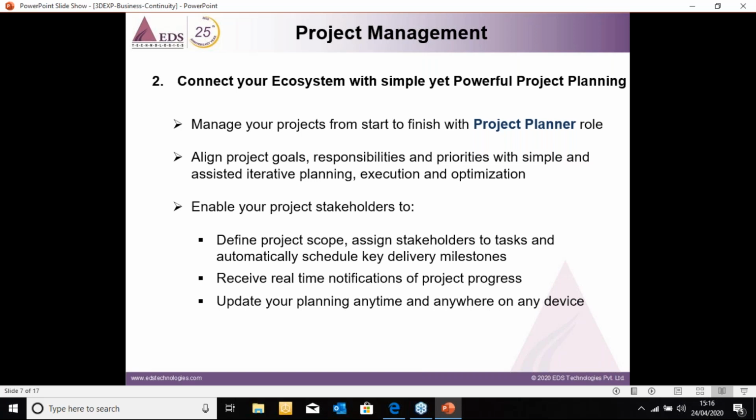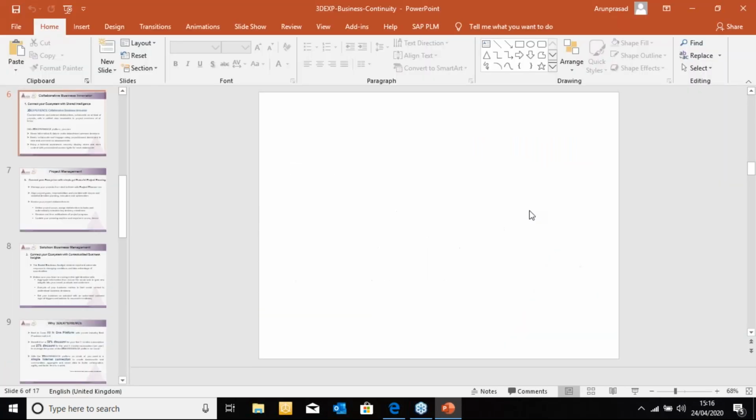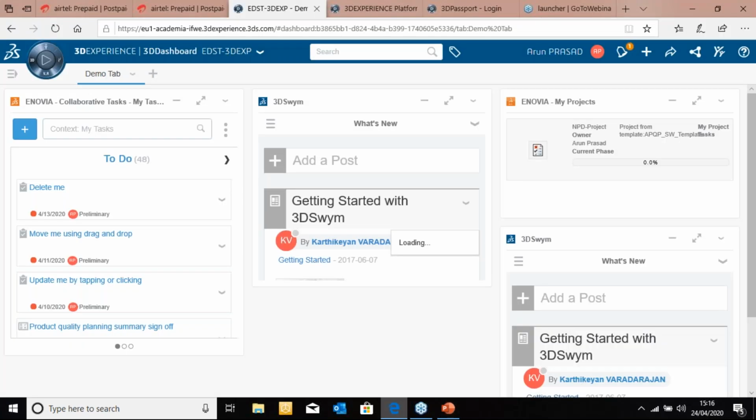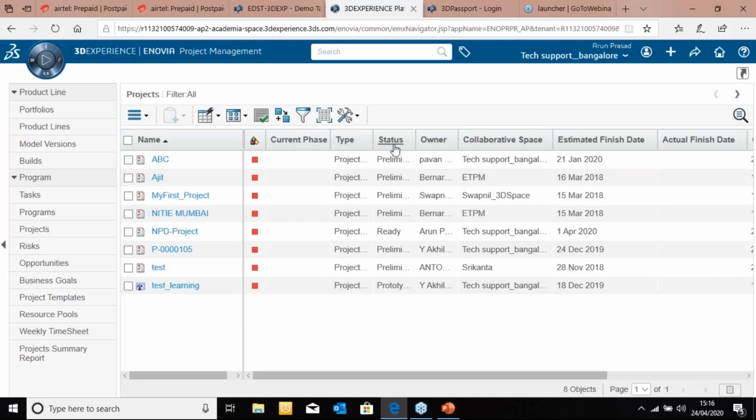Let me quickly take you to the demo session where I was just referring to. So this is the dashboard, this is the solution that I was talking about, which is Innovator project management. And again, it is all available in the same 3D experience platform. I'm not going out of this platform to access my project related management. Be it design engineering, be it project management, be it manufacturing related activities, be it anything related to any other modules that we're talking about, each and every related activity is available in the same platform that I'm accessing and demonstrating to you right now.